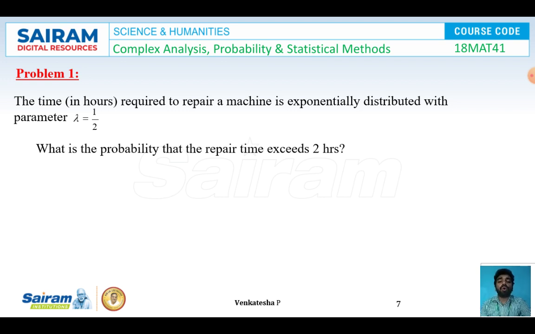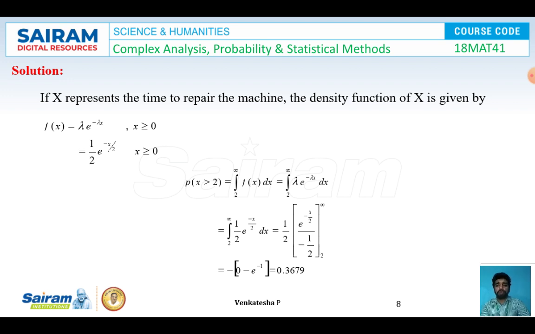So now I am going to take the exponential distribution formula. That is, we have the formula f of x is equal to lambda into e power minus lambda x, because here x is an exponential variate. So I am taking f of x is equal to lambda into e power minus lambda x, and they have given that lambda is equal to 1 by 2. I'll be replacing the lambda value here. So I got 1 by 2 into e power minus x by 2 for x greater than or equal to 0. So now we have to find that the time exceeds 2 hours, in the sense p of x is greater than 2.